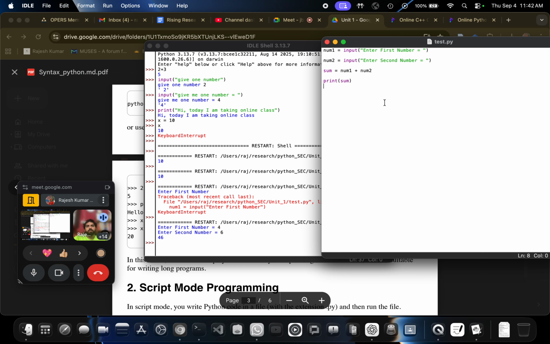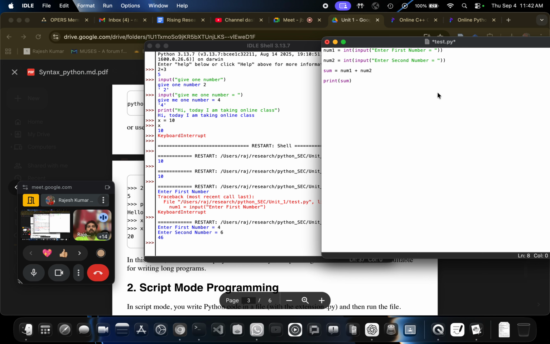Okay, let me ask you a question. Have we defined the data type of what we are putting here? No. So whenever we use the input command, whatever we give, it always goes as a string. So we want to put some layer here so that we tell it that whatever we are inputting is an integer variable.